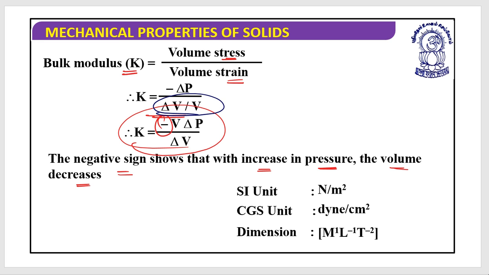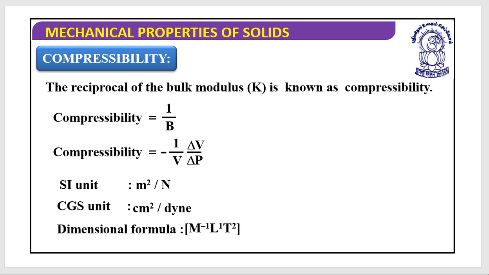So the SI unit of this bulk modulus is the same as Newton per meter square. Or if I look for the CGS unit, it's dyne per centimeter square. And its dimensions are M1 L minus 1 T minus 2. Is it clear? Great. Now let's understand